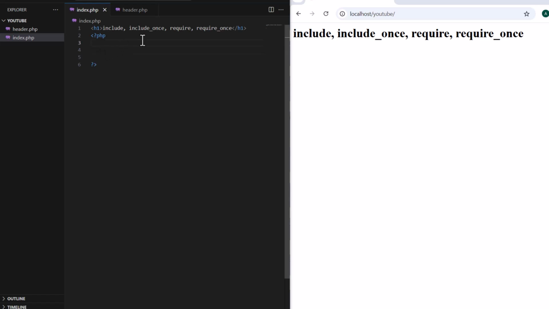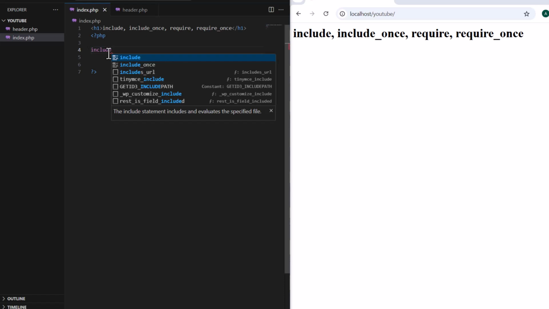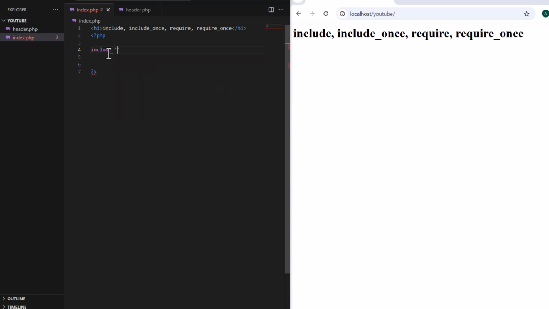So we'll be starting with the include. For me to include this header.php in my index.php, all I need to do is to write include. Then you specify the path of the file, so I'll just write header.php. As I've written it like this, if I go to this browser and hit refresh, you can see we're